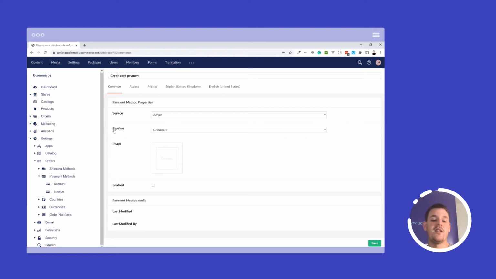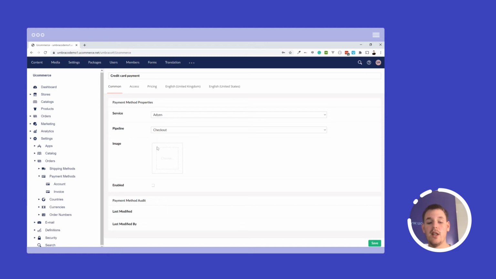So as a store manager, you're probably not interested in this particular configuration, just that checkout should be the one that you use. For other complicated scenarios where you need some very custom stuff depending on the payment option you choose, this can be relevant, but in most situations it's just the checkout